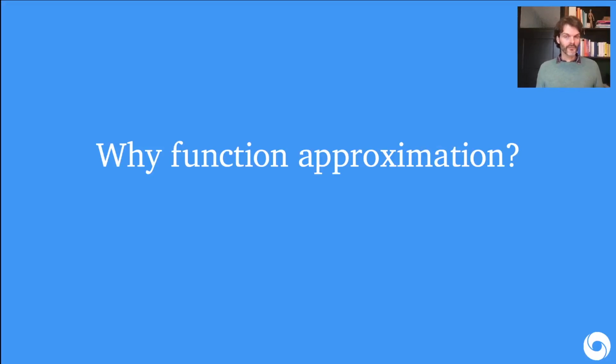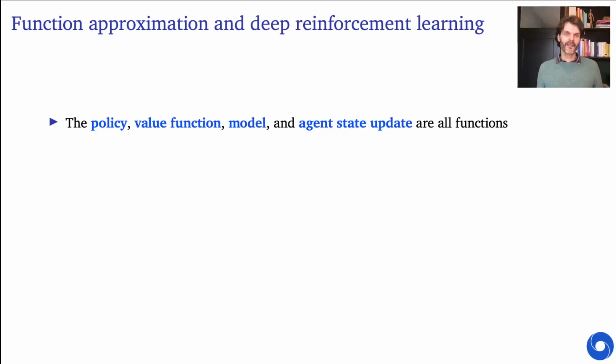Now in this lecture we're going to talk about function approximation, and first we're going to talk about why we need that. So first we're just simply pointing out in some sense that the policy, the value function, the model and the agent state update and all of these things that are inside the agent can be viewed as being functions. For instance, a policy maps the agent's state to an action or to a stochastic policy from which you